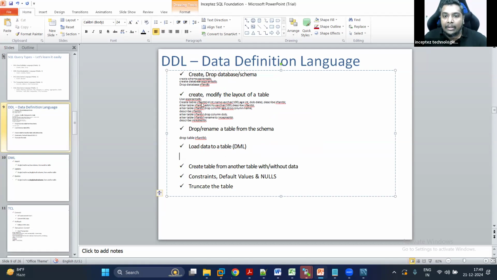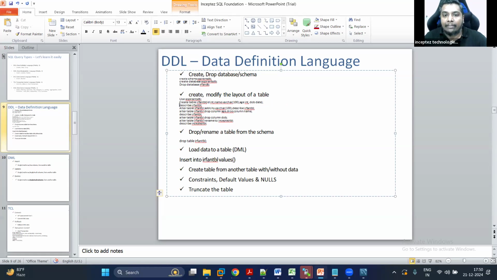So I created a table called Irfan TBL. I loaded some data to this table. How do you load the data into this table? Insert into, some core fundamentals, what we were discussing just above. Insert into table name, Irfan TBL, values of the columns, whatever I created, ID, name, age, date of birth, whatever I created, I'm going to load into this